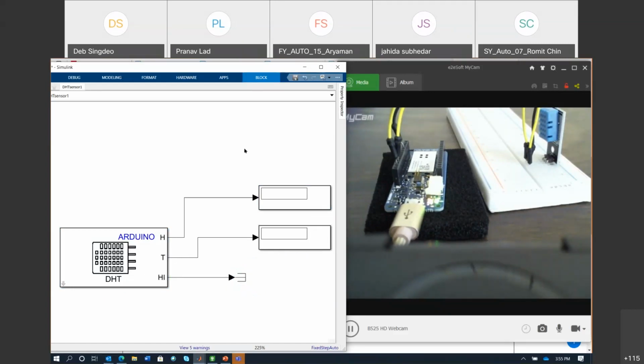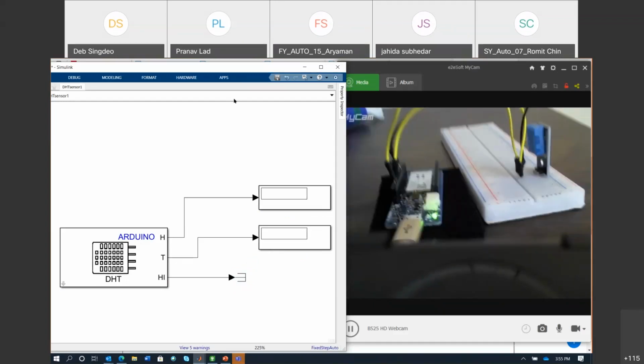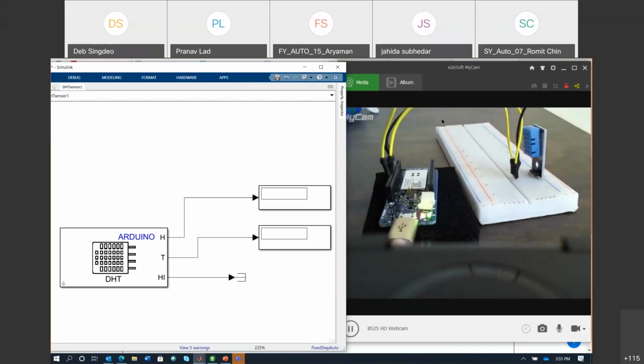So all said and done, let us just start running this and try to see how it is being able to capture the local temperature and humidity data. So this is the data that I'm collecting at my location. In the case of IIIT Hyderabad, they were actually having sensors like this spread across the whole campus.